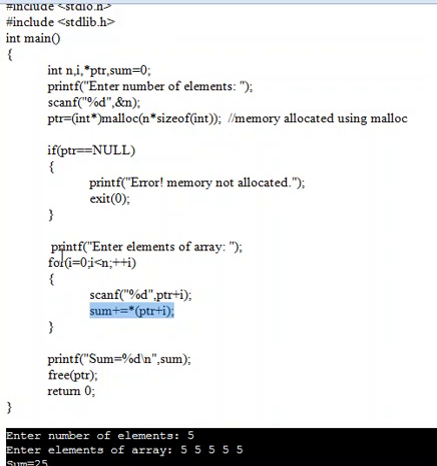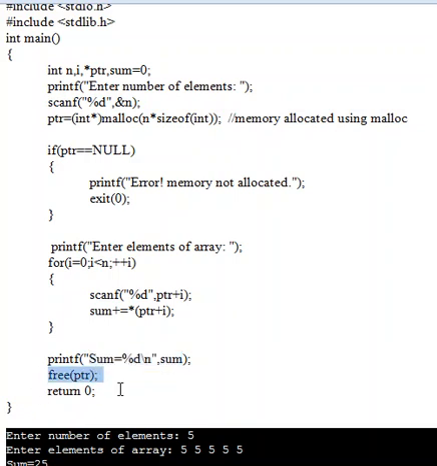After that i plus plus. Now i equal to 5. 5 less than 5, condition false. It comes out of the for loop. At that time the value in sum is 5 plus 5 plus 5 plus 5 plus 5, that equals 25. So we have to print that value 25 by using the printf function. So printf sum equal percentage d comma sum. So sum equal to 25.